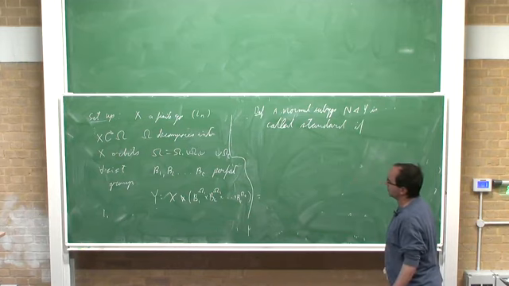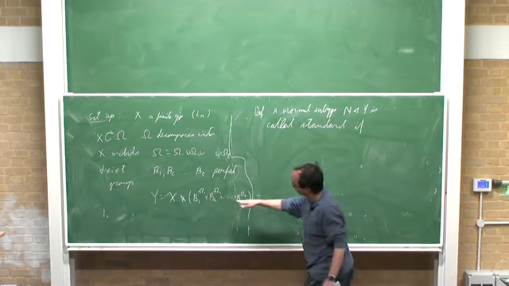What are the obvious normal subgroups you can find here? You can take a normal subgroup of the form